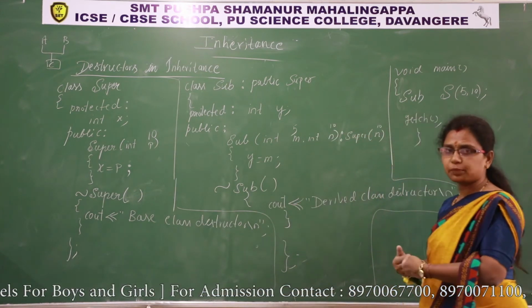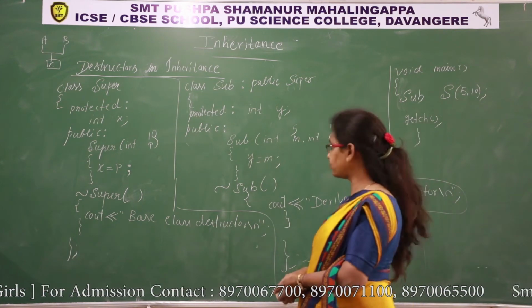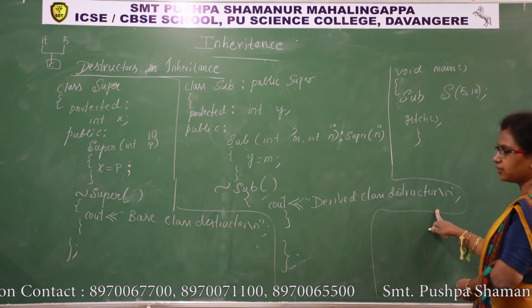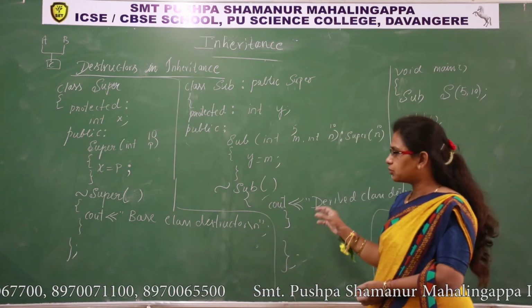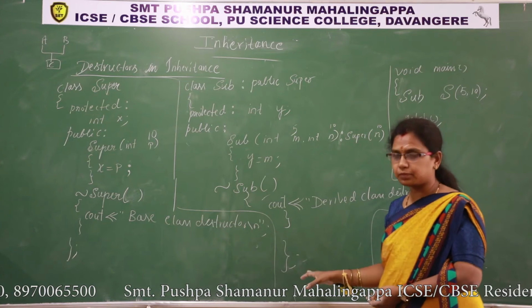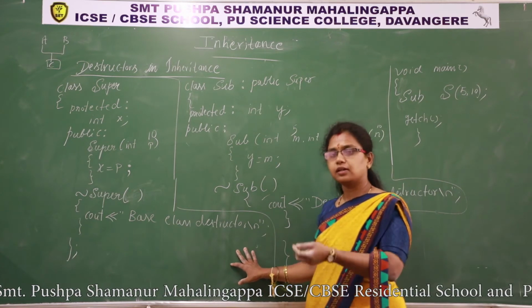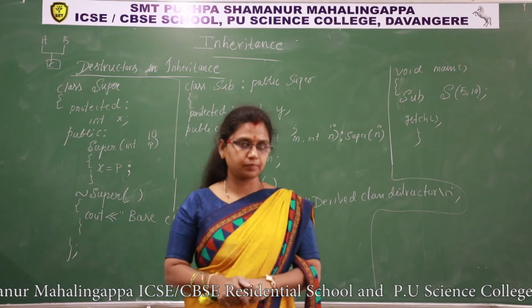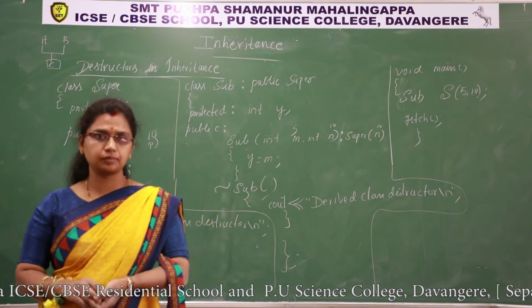Now, when the program is terminated, the objects lose their scope. Then which class destructor executes first? Derived class destructor. So it displays the derived class destructor statement first. Later it displays the base class destructor. Understood? So the only thing is which class destructor executes first in inheritance. You have to remember the derived class destructor will execute first, then the base class destructor. In the case of constructors, the base class constructor will execute first, then the derived class constructor. Understood? So this is about constructors and destructors in inheritance.